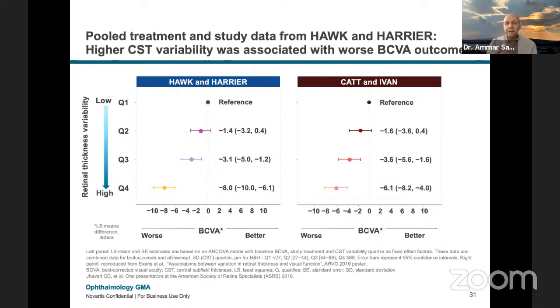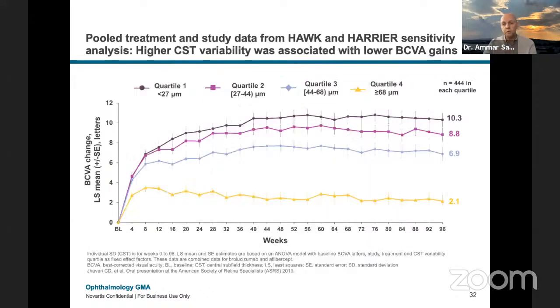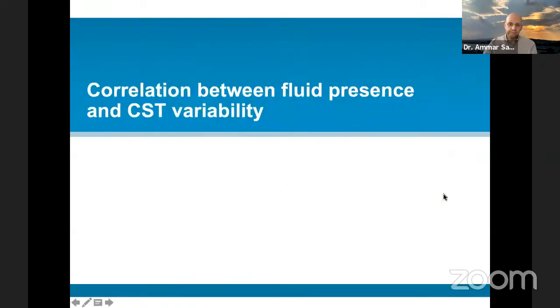of what you get. So the main issue here that we can take from 2 independent studies is that variation in the presence of fluid underneath the subfoveal area does actually associate with worse vision. The more variation you have, the worse vision you have. And this is very evident in this graph here. You can see when you have low variation, vision is good. When you have high variation, vision is not good.